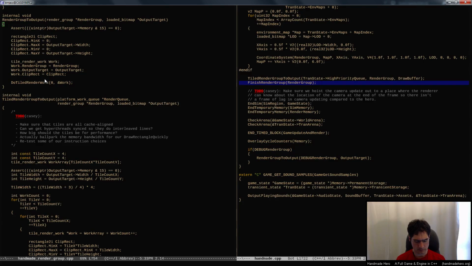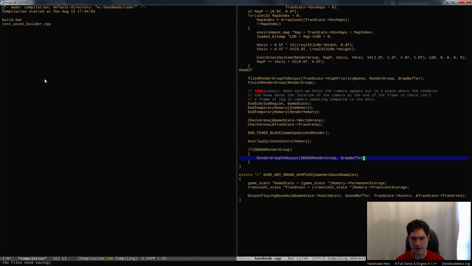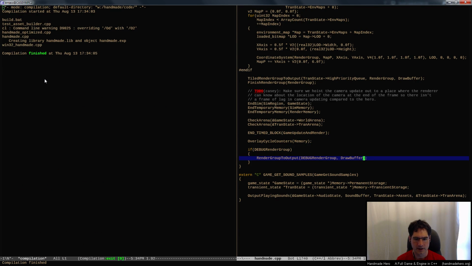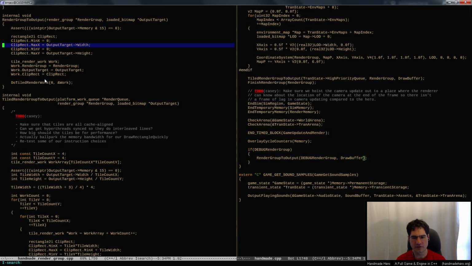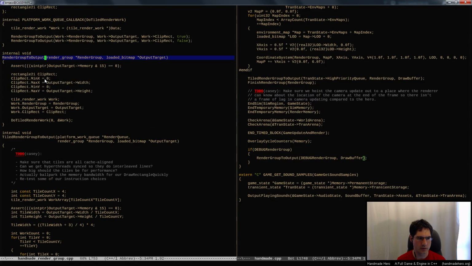I don't actually know. Draw buffer. And presumably, we can just slap our stuff right on top of the game surface, by just saying, hey, render on top of the thing that was already there. Presumably. Now we have a problem, which is that when we do render group to output, you will notice that when we call that, we don't actually have